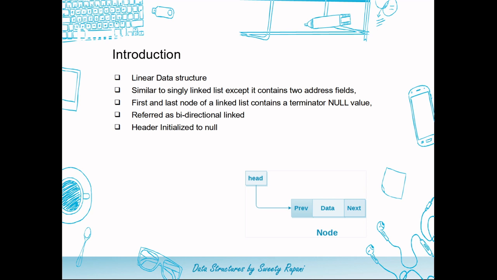A doubly linked list is also sometimes referred to as a bidirectional linked list, as it allows the traversal of nodes in both directions. Since a doubly linked list allows the traversal of nodes in both directions, we can keep track of both the first and the last nodes. So this is how the structure is. Previous and next would store the address and the data part would store the actual data in a node, and the header would always point to the first node in the list.